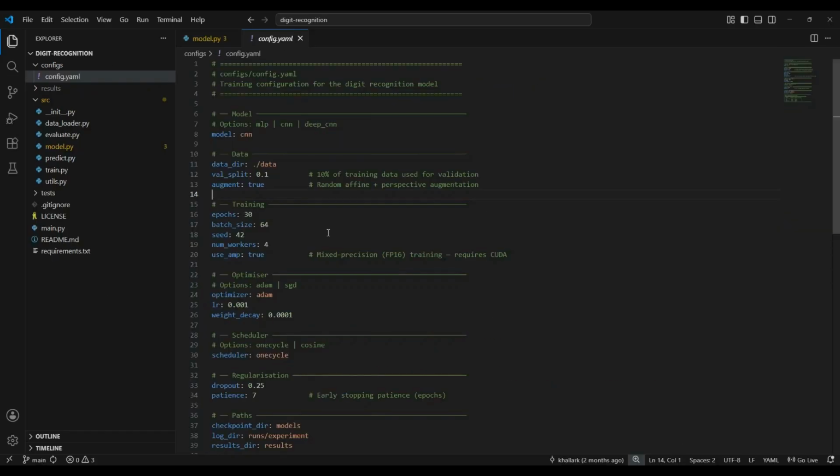Now I'll explain the training pipeline. The model is basically trained on the MNIST dataset. According to the README, the dataset is split into 90% training and 10% validation. The project saves checkpoints after epochs and keeps the best performing checkpoint as the file models/cnn_best.pth. The configuration file controls the important hyperparameters like model type,